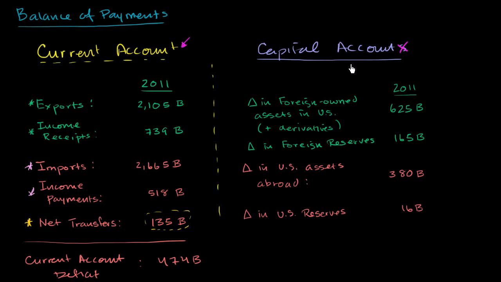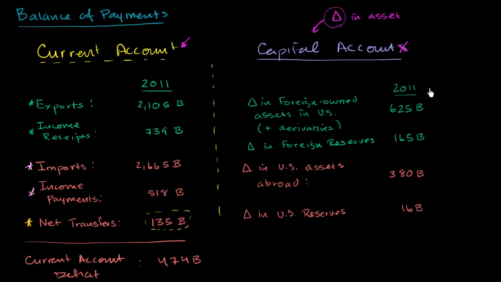And in particular, the capital account is focused on the change in assets that either foreigners own of, in this case, the U.S., or that U.S. nationals own of assets that are someplace else. And this little triangle right over here, that is the Greek letter delta, just shorthand for change in. So once again, let's focus